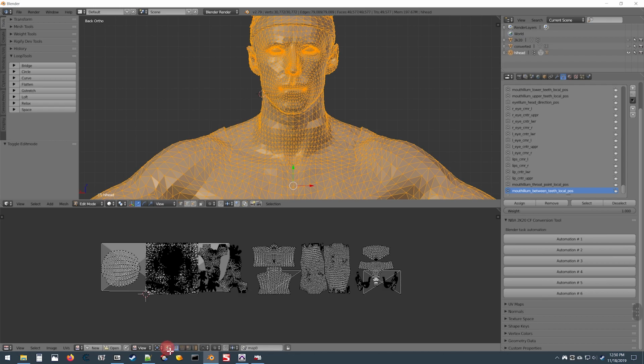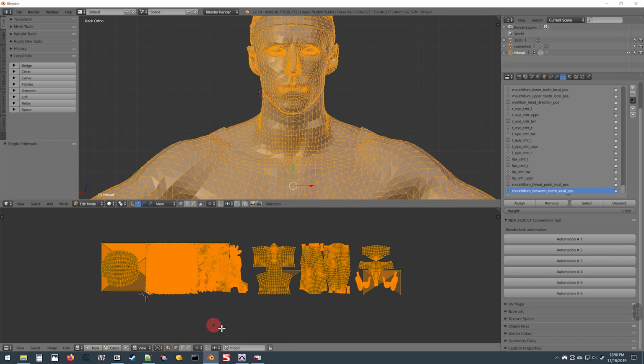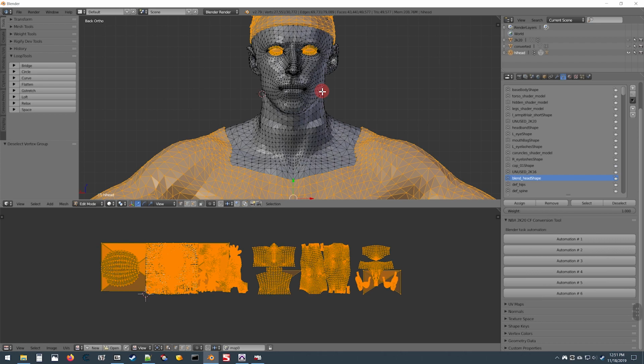Just click that button here and then scroll up until you see the blend head shape group and deselect that,